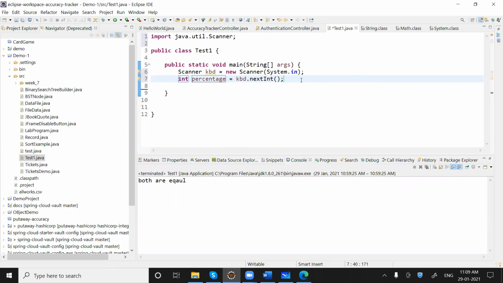So we will ask for the percentage from the user. When we say nextInt, what will happen? It will wait for user input. So the user will not get any idea why the program is waiting, and